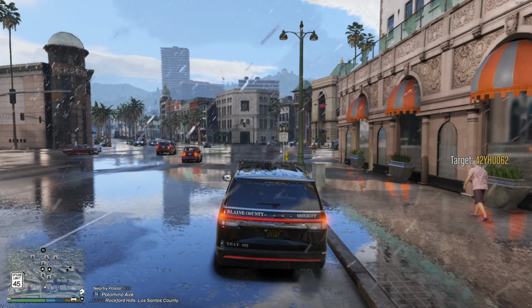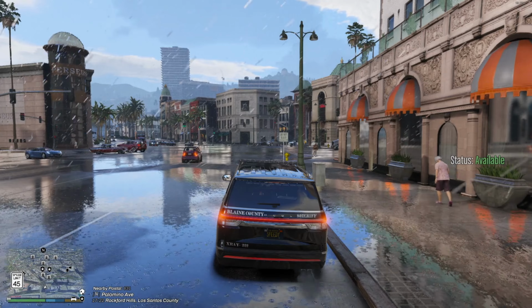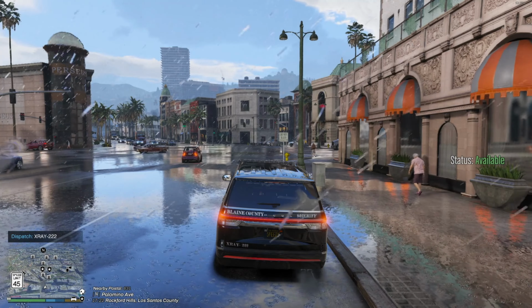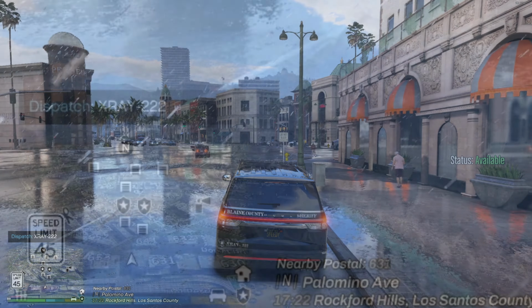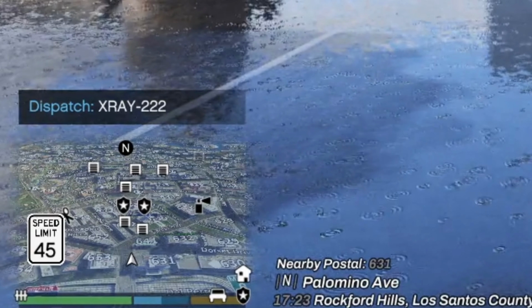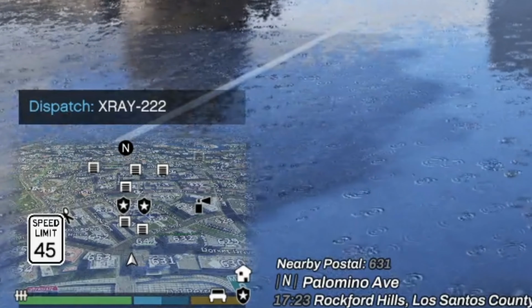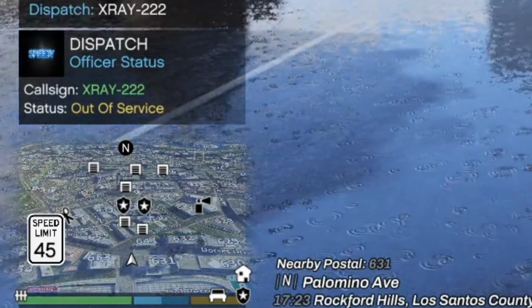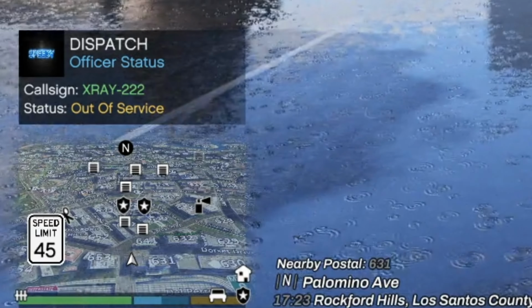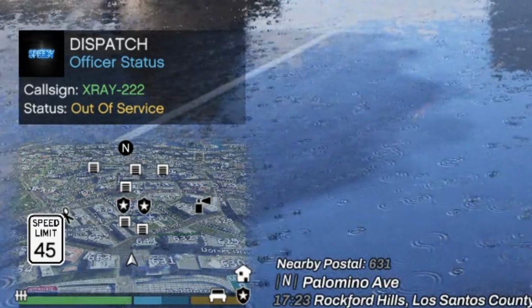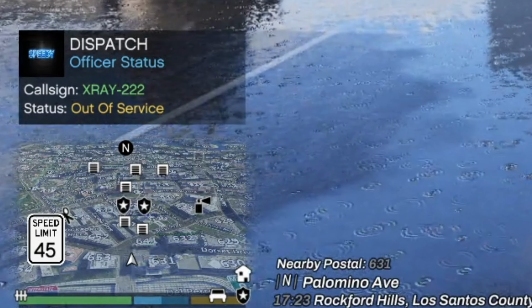X-ray 222 dispatch. X-ray 222. Show me 101742. Copy that. X-ray 222. So right down there on the bottom left-hand side, guys, is what we're going to be